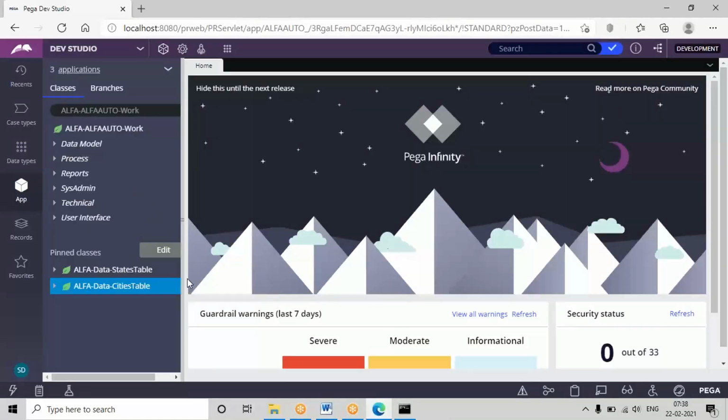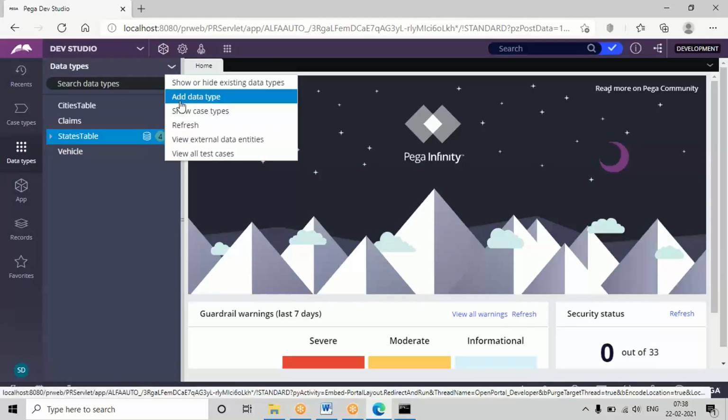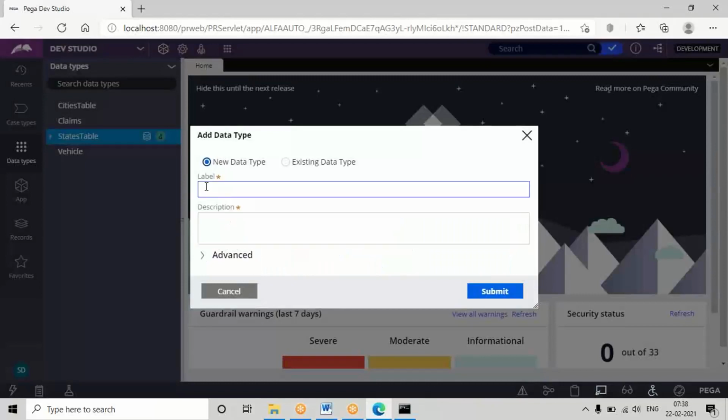Already UI design is there. So I'm going to add a new data type again. See, I told that data types I'll be creating at organization level. Okay, mostly data types in real time also will be created at organization level. Any reusable properties only for your application means you can go for division level. Otherwise, data types will be created at organization level mostly.